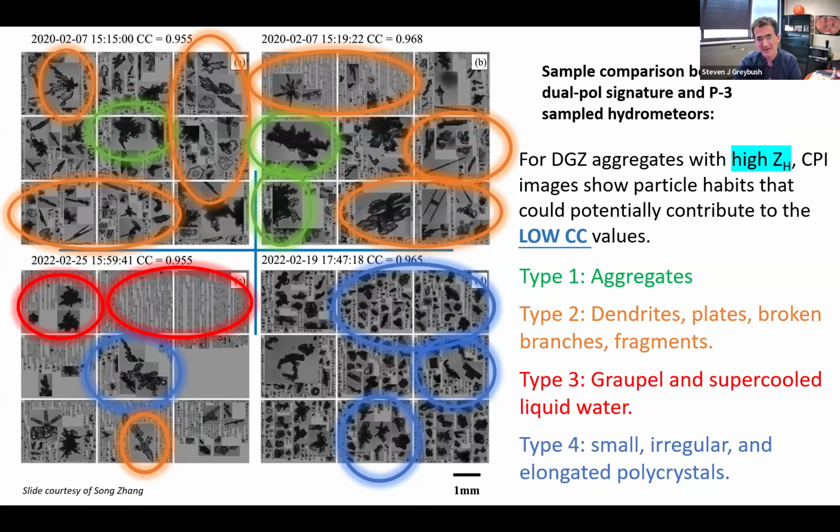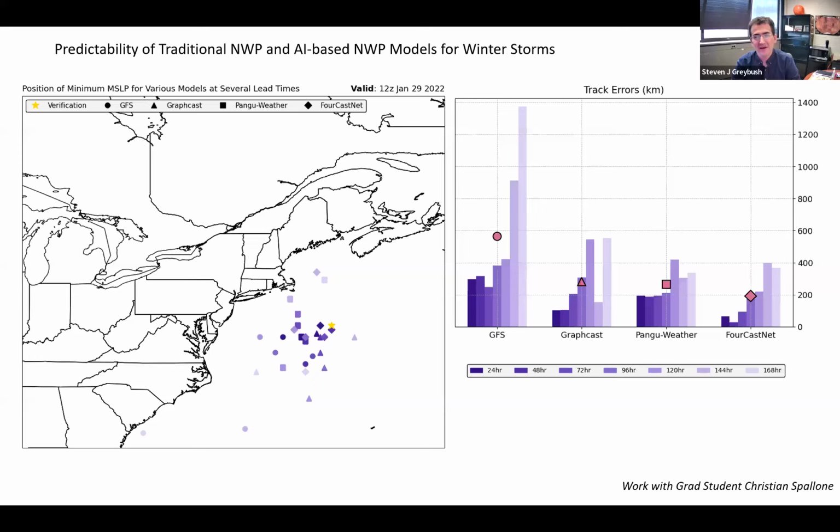Okay, so for the next part here, we're going to return to the predictability question. So this is back to the January 2022 case. But now we're going to bring in AI forecast models as well as the traditional operational forecast models. So in this plot, what we're visualizing is the 2022 storm, low pressure location, that's the star here. And as you go back in time, right, you're getting different locations of the low forecasted from the GFS, which